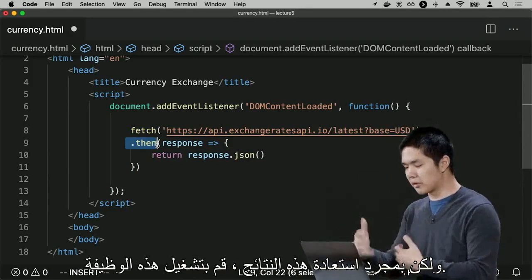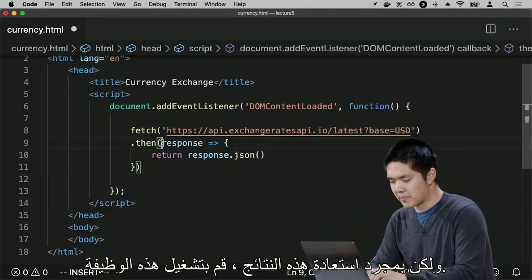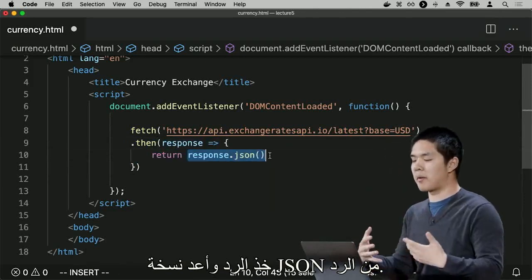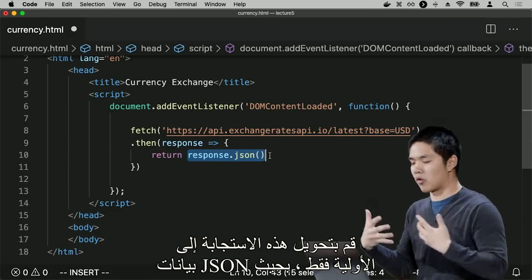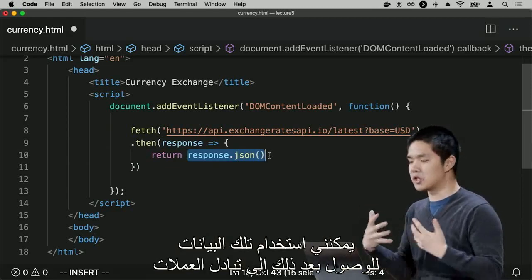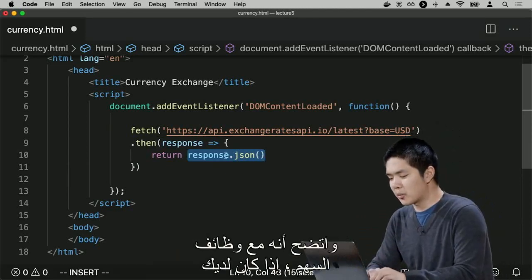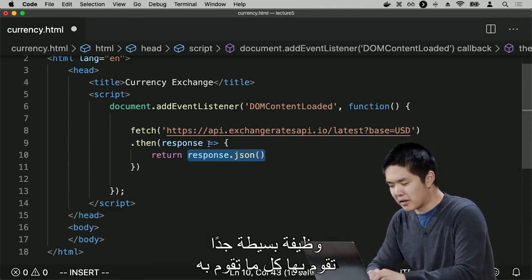But once I get back those results, then run this function. Take the response and return the JSON version of the response. Convert that response into just the raw JSON data, such that I can use that data to then access the currency exchange rates. And it turns out that with arrow functions, if you ever have a very simple function that